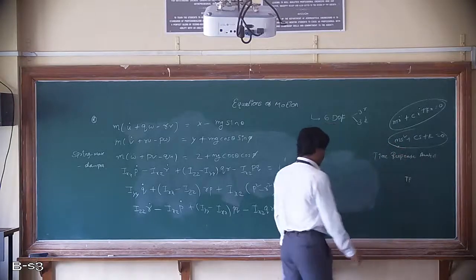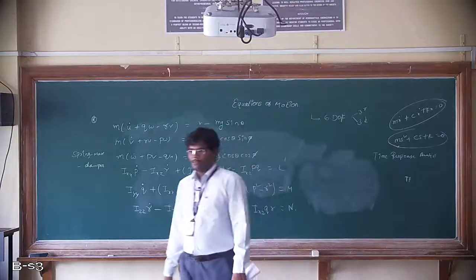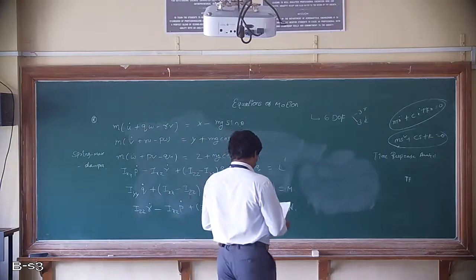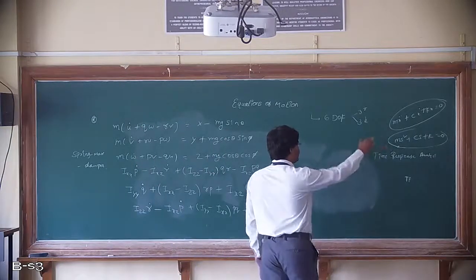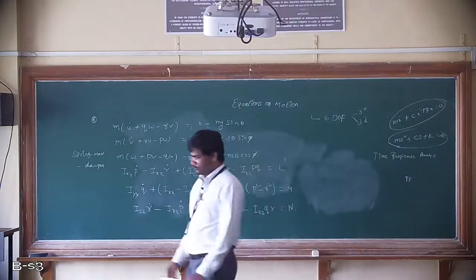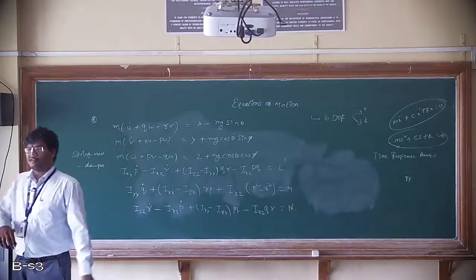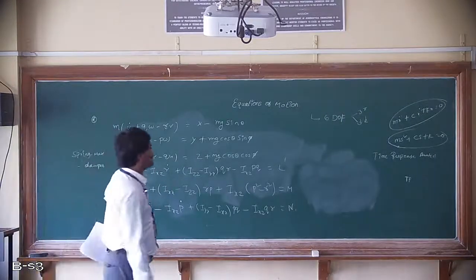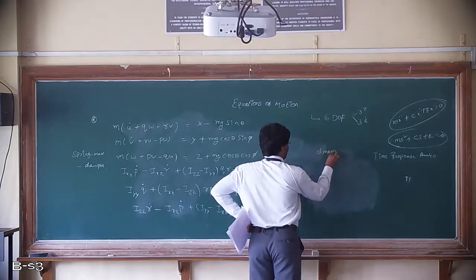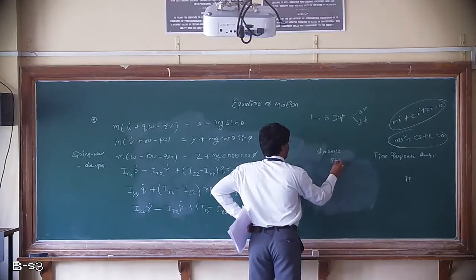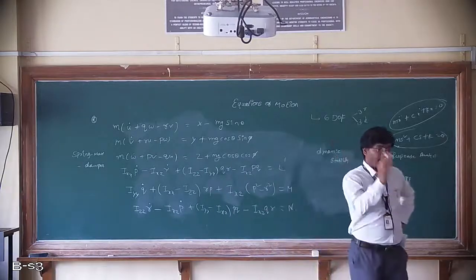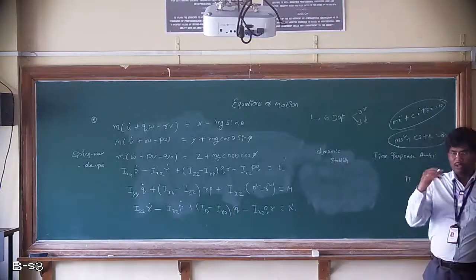So once you know the second order characteristic equation, how will you comment on the stability of the system? That is my simple question: how will you comment on the stability of a particular system based on the characteristic equation? Very important for understanding dynamic stability. Why? Because we already discussed dynamic stability. If you want to know dynamic stability, you have to analyze the system dynamics first.